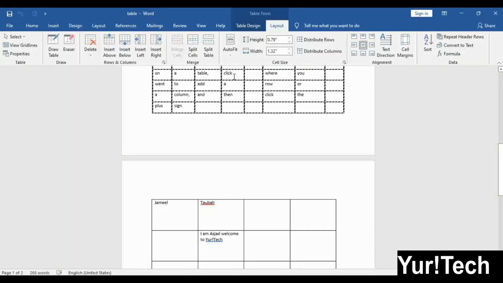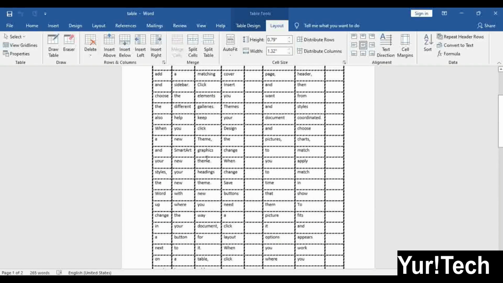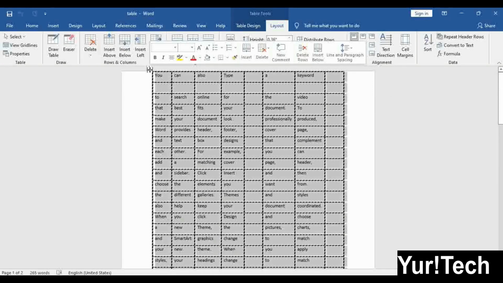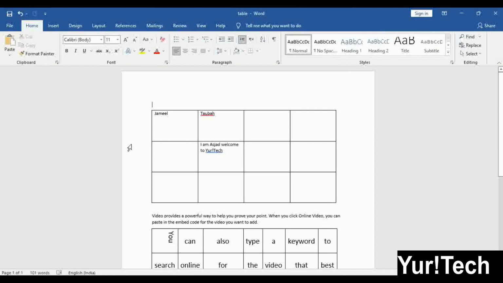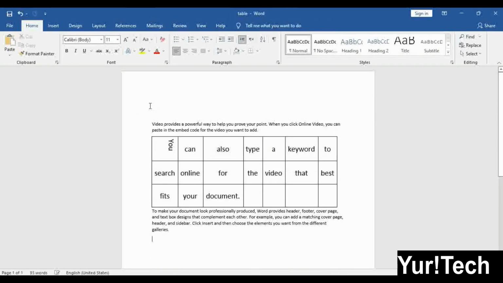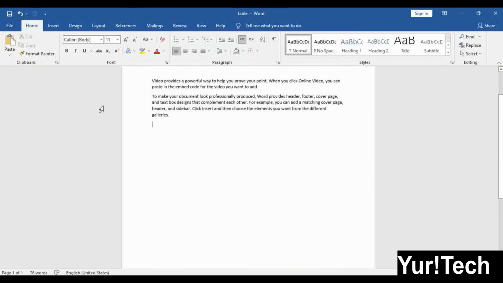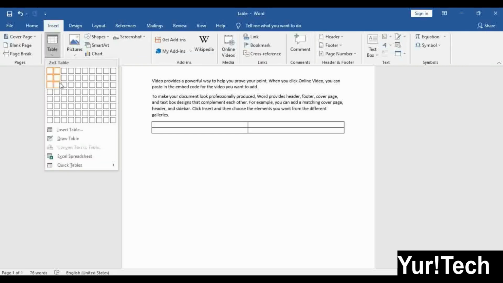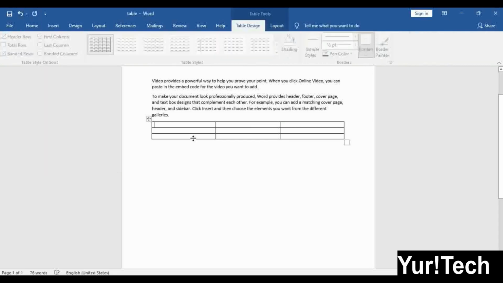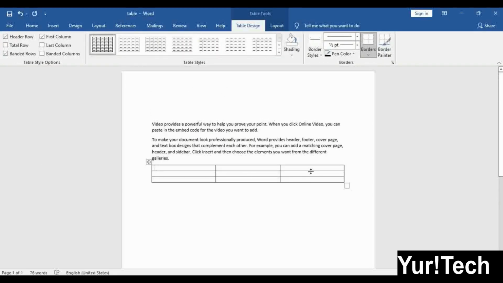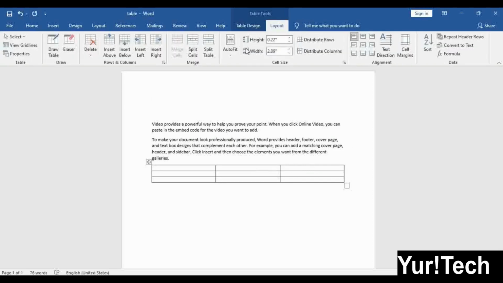Friends, our next option is auto fit. For that I will delete these columns, I will delete these tables so I can explain this well. Okay, I take here another table, insert table. I took this. This is auto fit window. This is by default. When you insert any table, it comes with auto fit window. This auto fit window. Next is